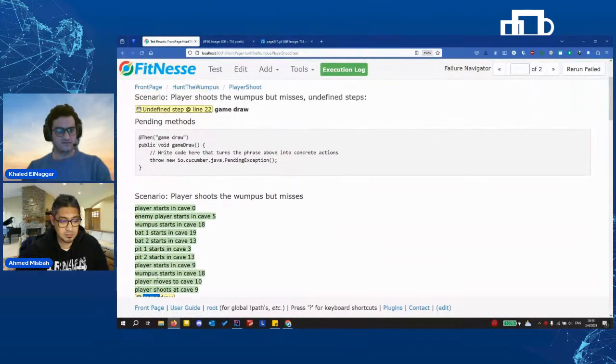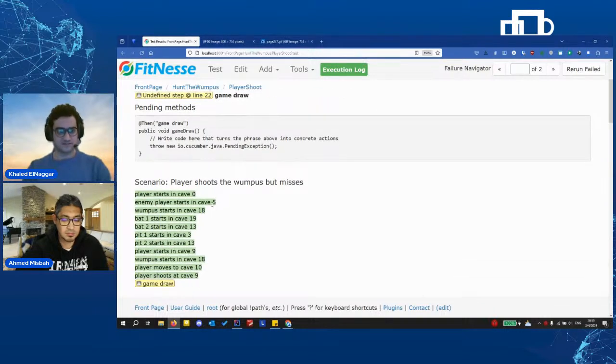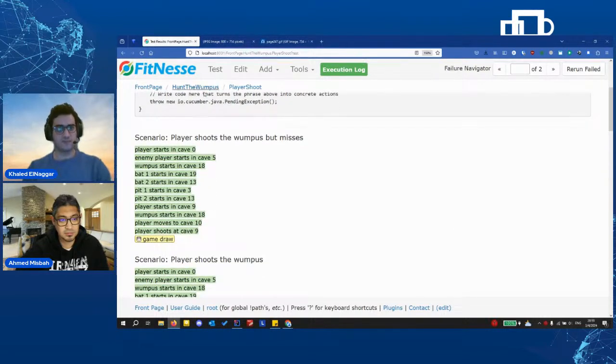We have the game draw as an unknown, undefined step. So now, as the product owner, I know that we don't have this state or this feature. So maybe I can introduce a modification or a new behavior, or have a discussion with someone. But I know very well what the system can do and cannot do.